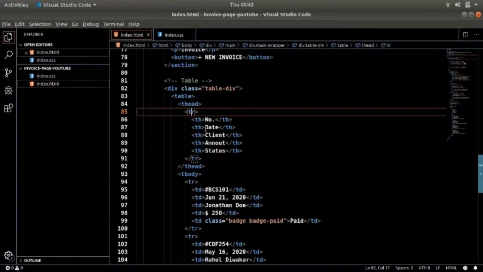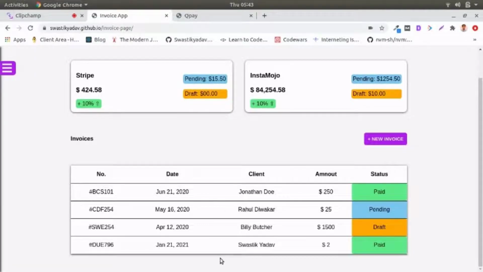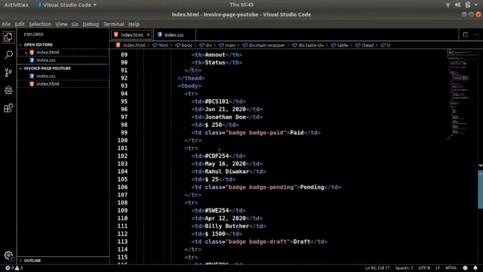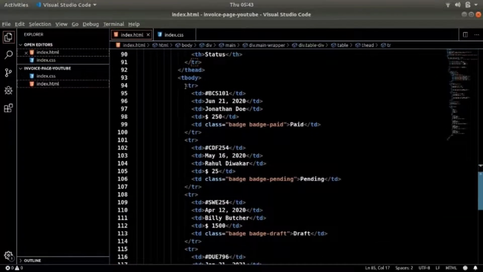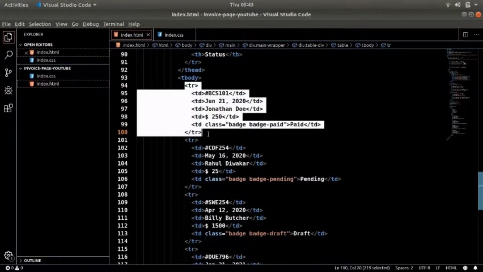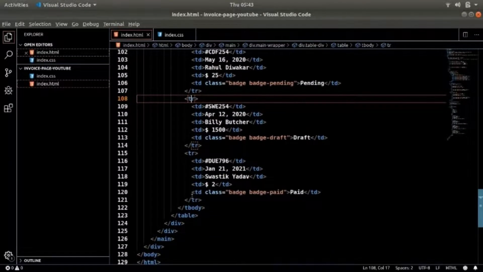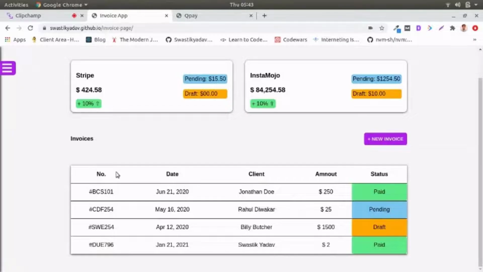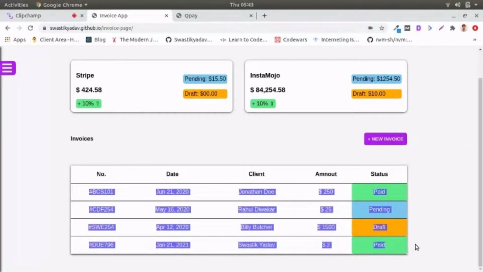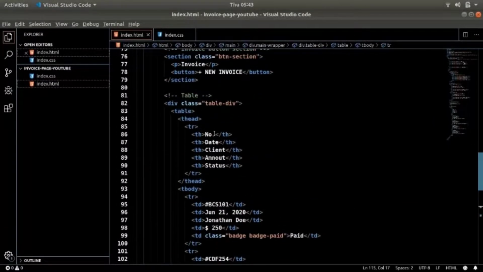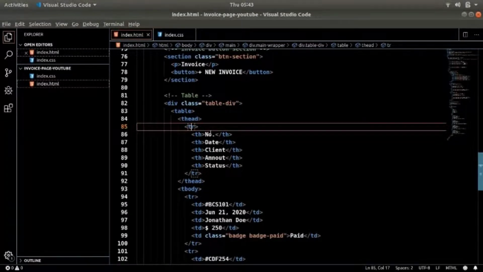We have 5 rows, so 1 2 3 4 5. So in the body we will have rows. So first row, this is the second row, this is the third row, and this is the fourth row, right? So for the data from here to here, we have 4 rows, and 1 row is for the head, where the headings are defined.